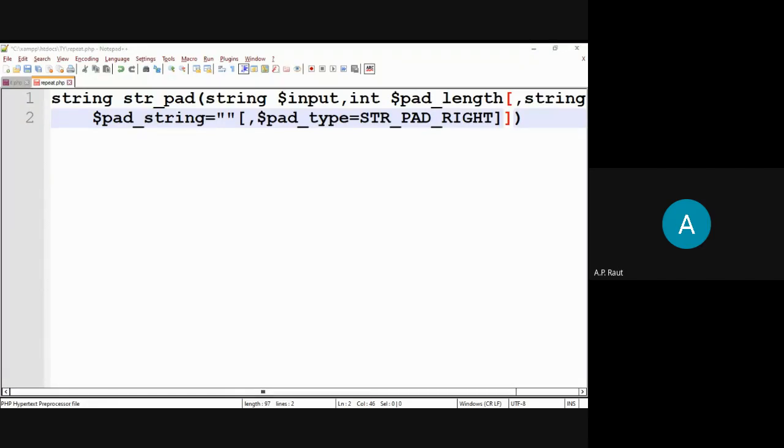This function returns the input string padded on the left, the right, or both sides, to the specified padding length.